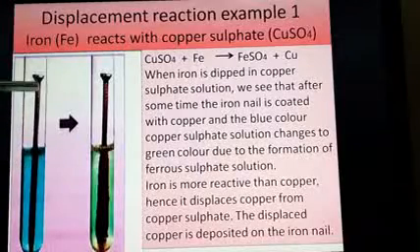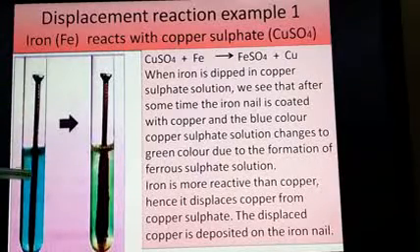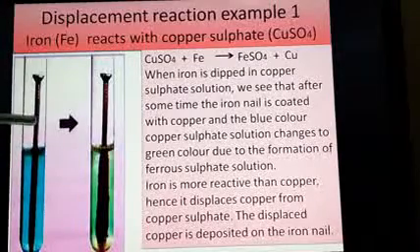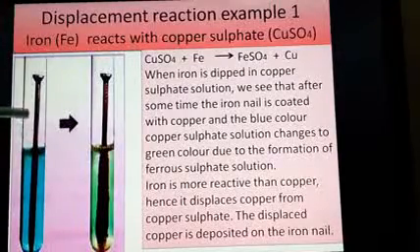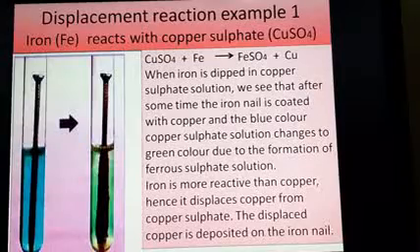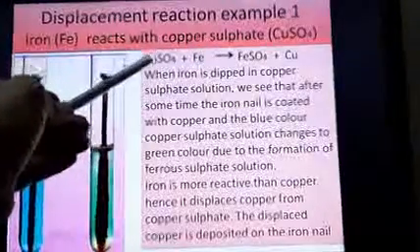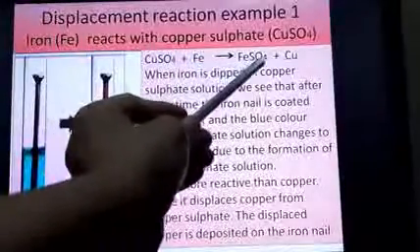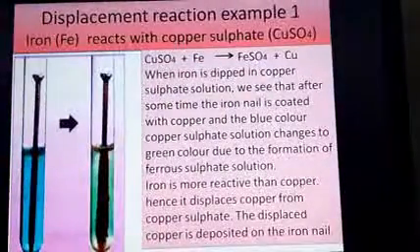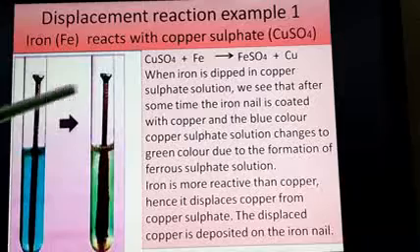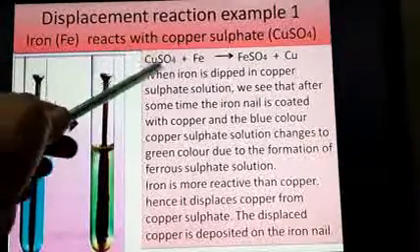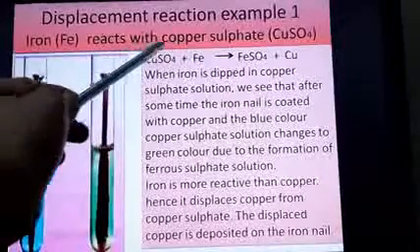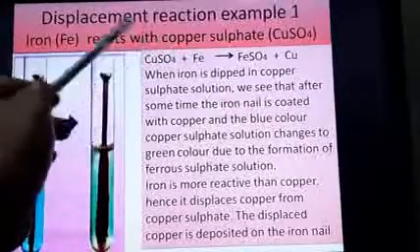Copper sulfate, and we put a nail in it. When you put a nail in the copper sulfate, the iron being more reactive than copper, the iron pushes the copper out of the copper sulfate solution, pushes copper out and takes its place, and therefore you've got FeSO4 and copper. From this we can understand even what the valencies are. Copper valency over here is +2 because we know sulfate is always -2. So +2 and -2 are equal and opposite, they get cancelled out.